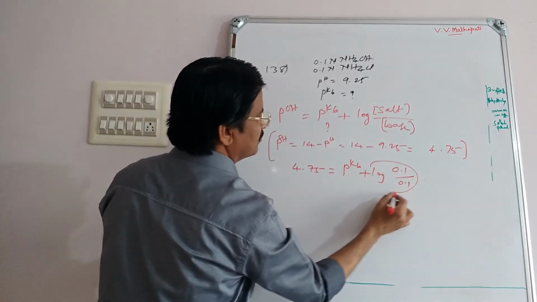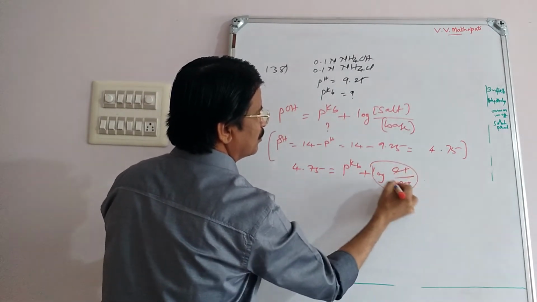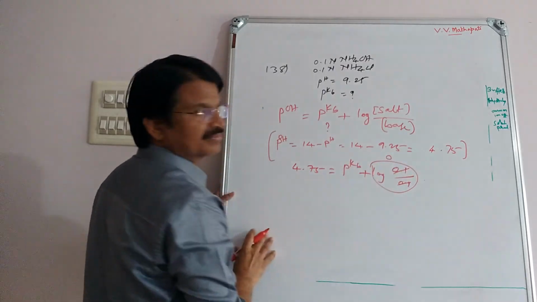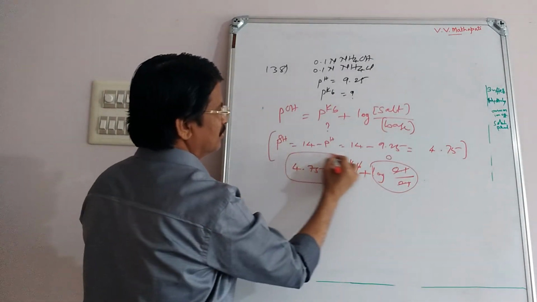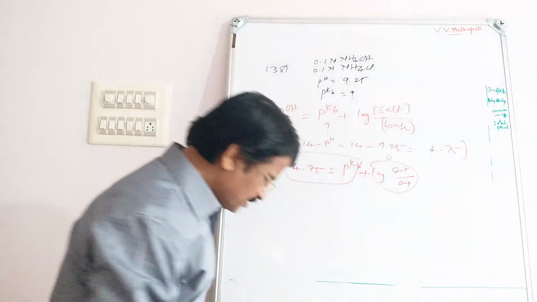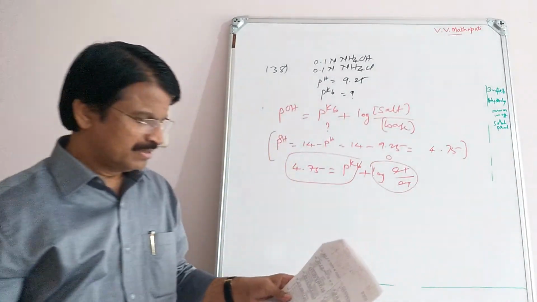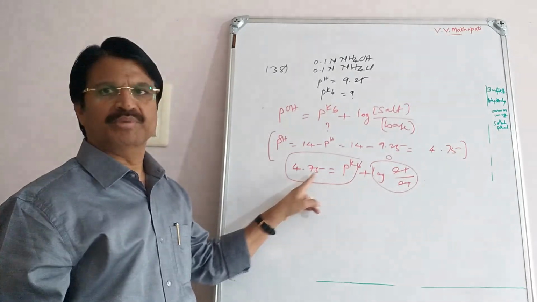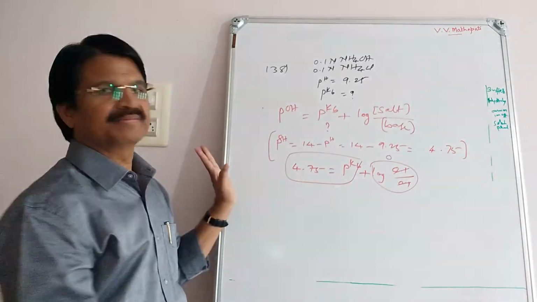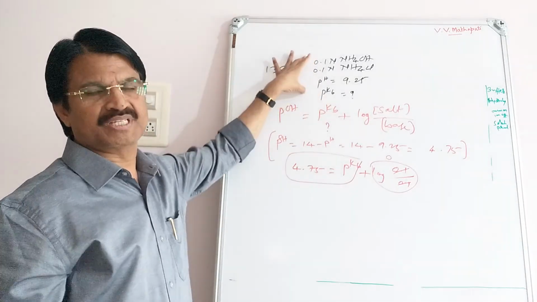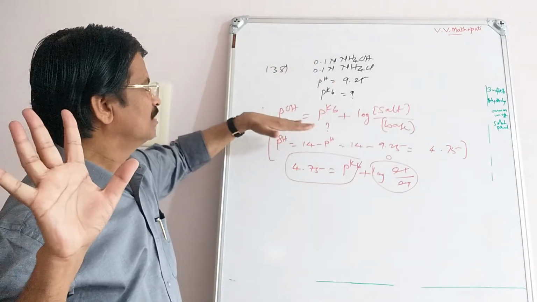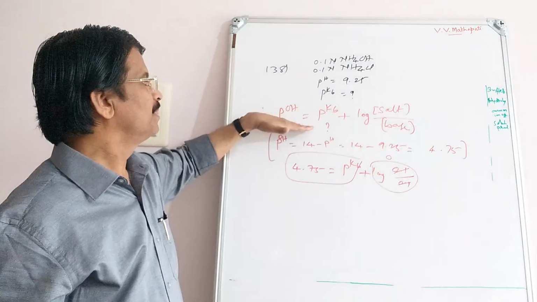This 0.1 cancels, so it is log 1. Log 1 value is 0, therefore pKb value 4.75. That's over. The answer is second: pKb equal to 4.75. I will repeat, it is important for basic buffer. Better you write first the basic buffer formula: pOH equal to